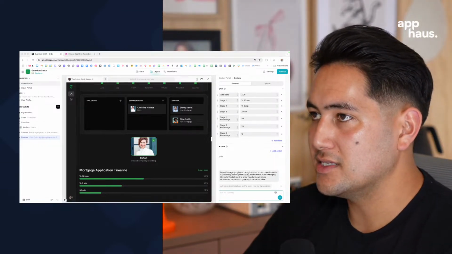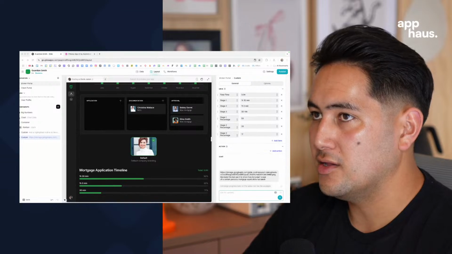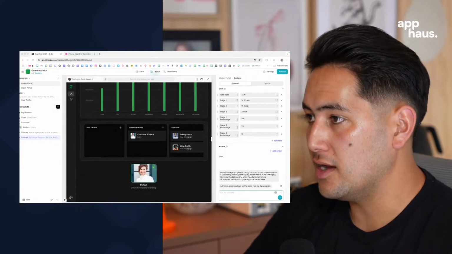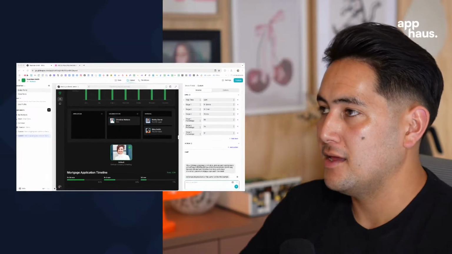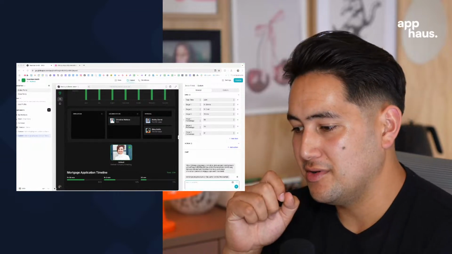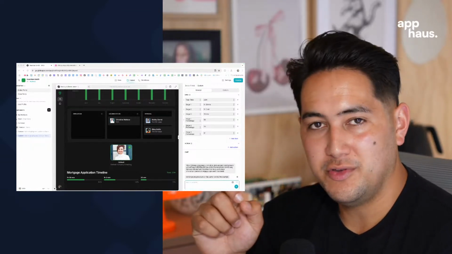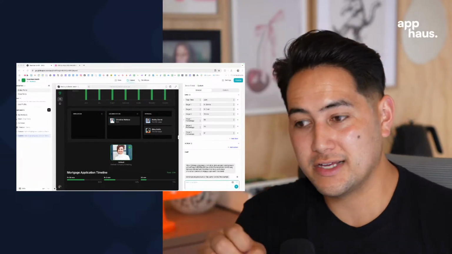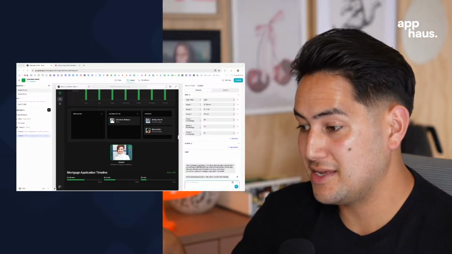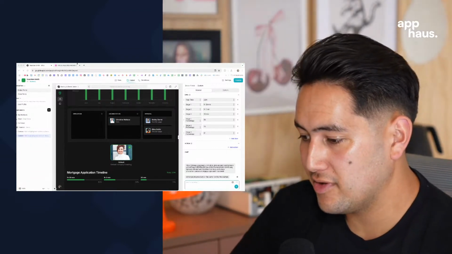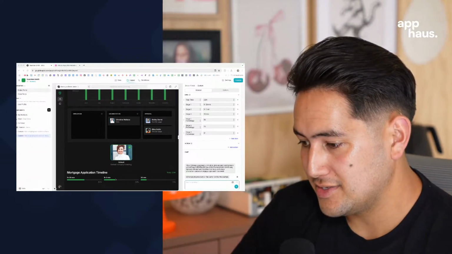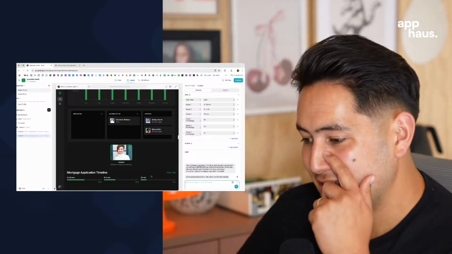The cool thing about this is that you can learn a tool like Glide for building apps, and you don't need to figure out another tool. You can just literally use the AI custom component, speak a component to life. Okay, that's great. So it's done it. It has done it, but